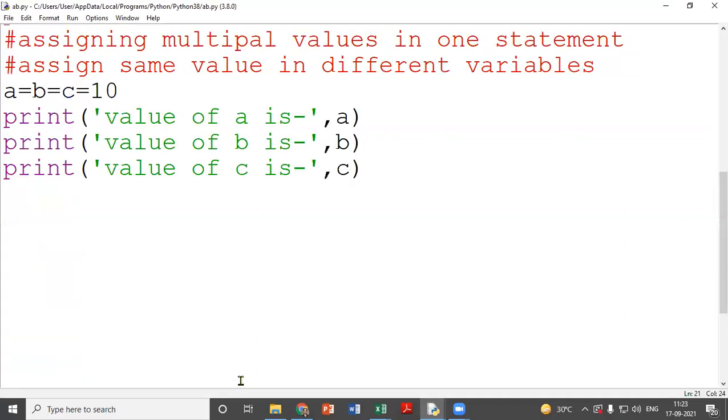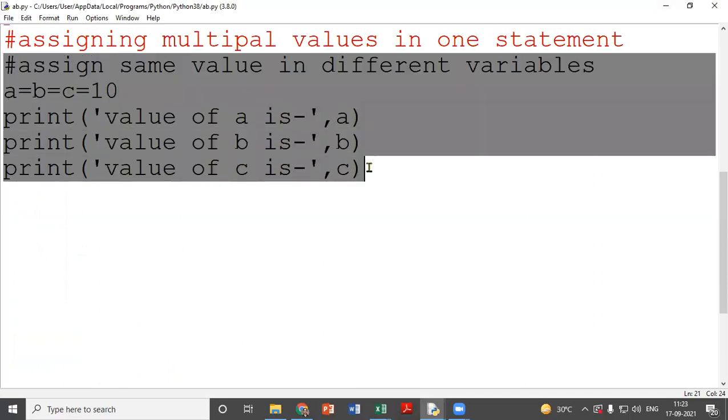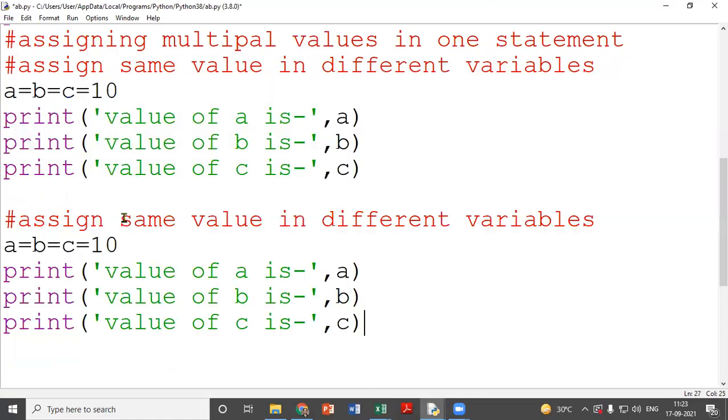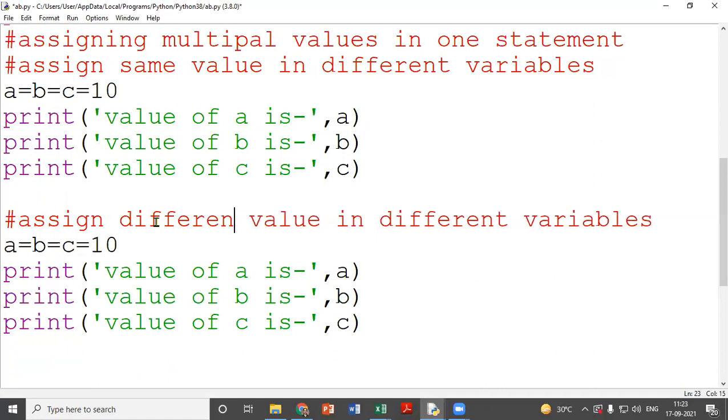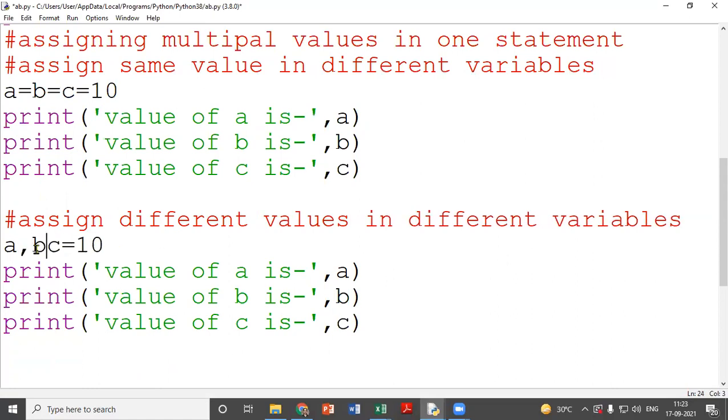But if you want to assign different values to different variables, in place of equal, what do you need to do? I'm making a copy and pasting it here and assigning different values to different variables. So in place of equal, you will put the comma.